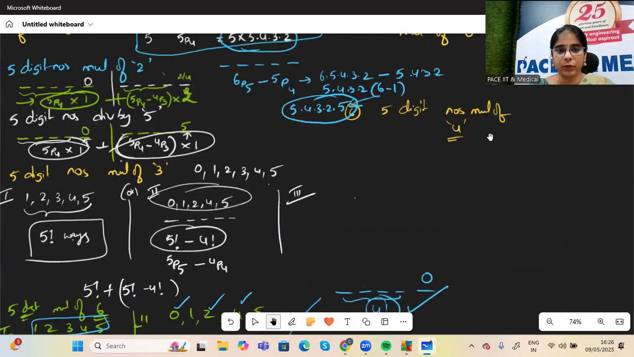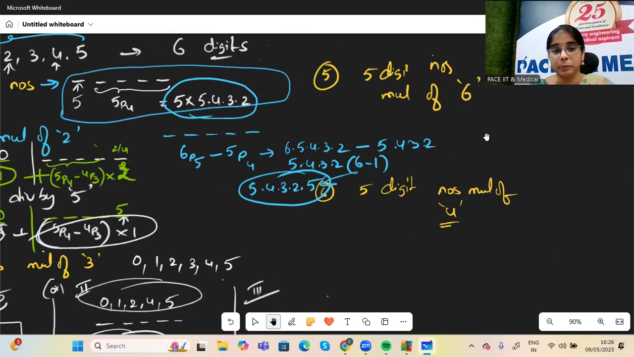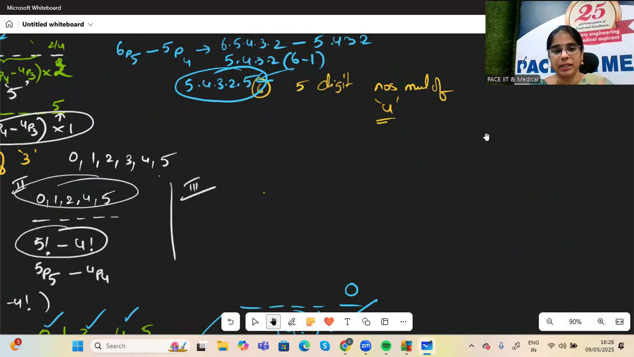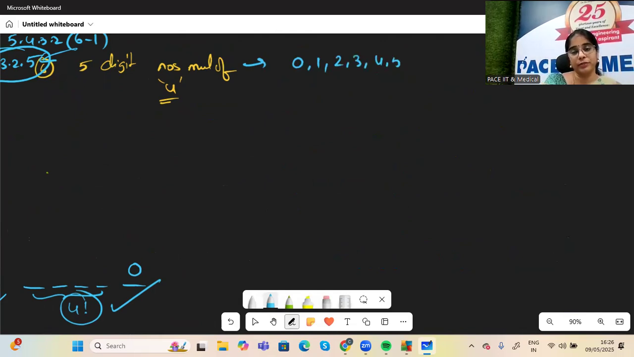And now I have given you one more question. I think that is my sixth question. That is 5-digit numbers which are multiples of 4 from the same digits, that is 0, 1, 2, 3, 4, 5. So from the digits 0, 1, 2, 3, 4, and 5, I need to frame